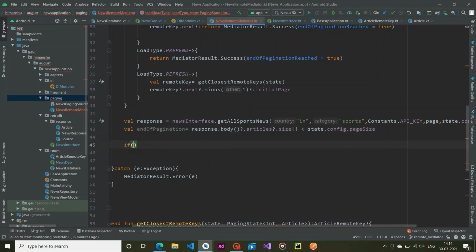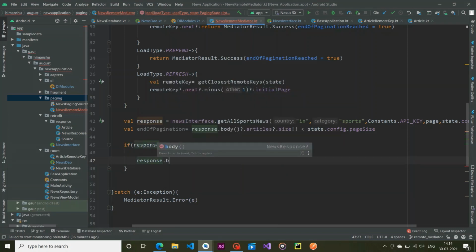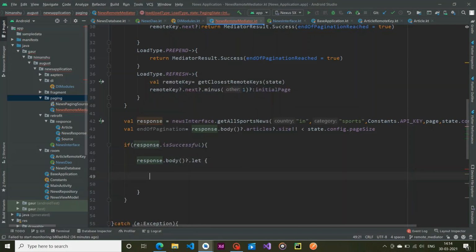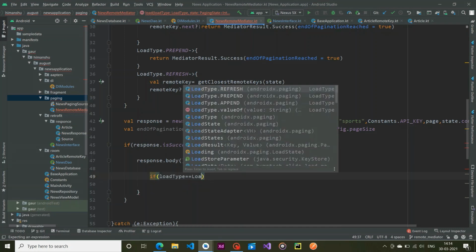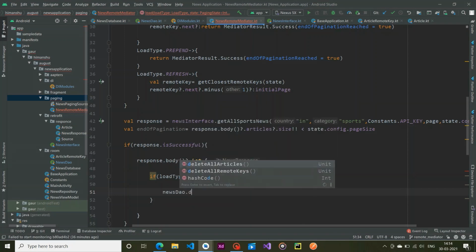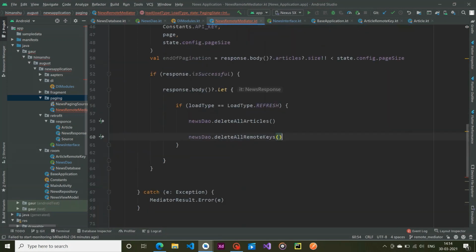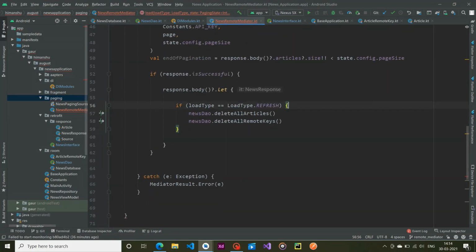So now if our response is successful and our response dot body is not null. Okay, so now we check if our load type is load type refresh, so we are going to flush all our cache. For this we use news DAO and delete all articles, and the second one is delete all remote keys. Okay, so we delete all the cache data, and now we want to insert some new